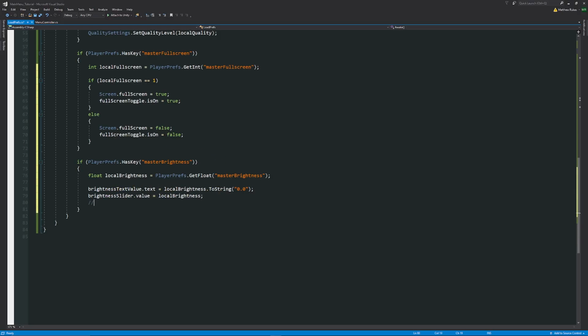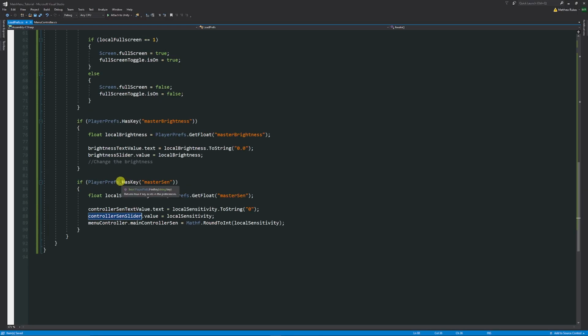And then here we also would want to change the brightness of the actual game with however we want to do that. And again, I've added another check to see if we've got the master sensitivity. If we have, we can load the float, and the controller sensitivity text.text is equal to the local sensitivity. Then the value is equal to the local sensitivity,